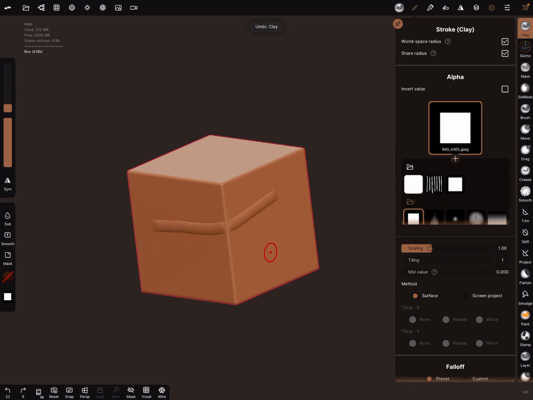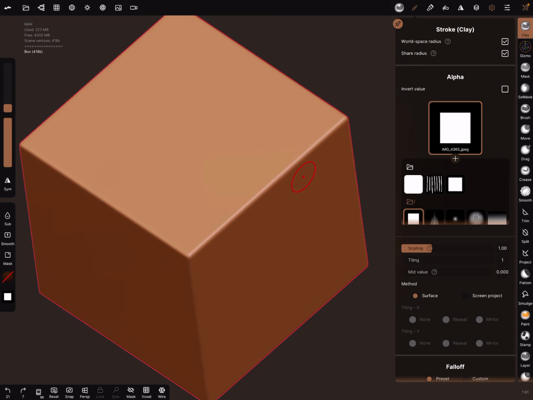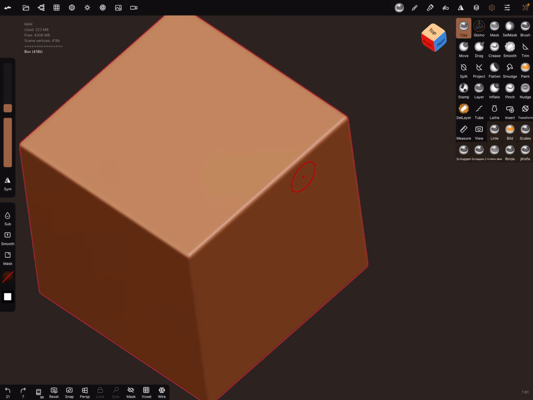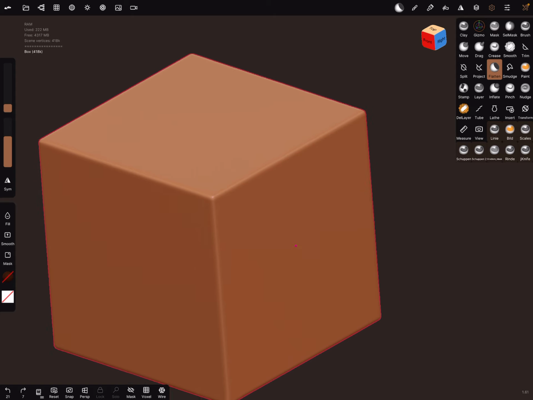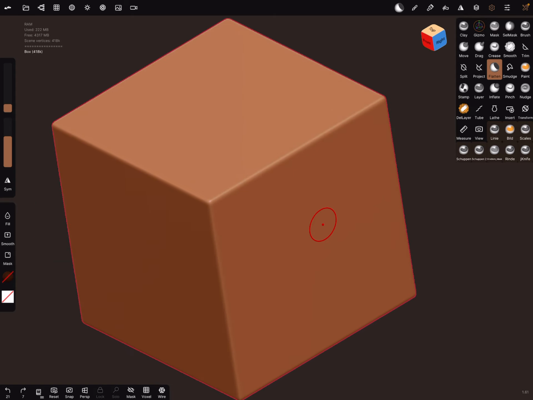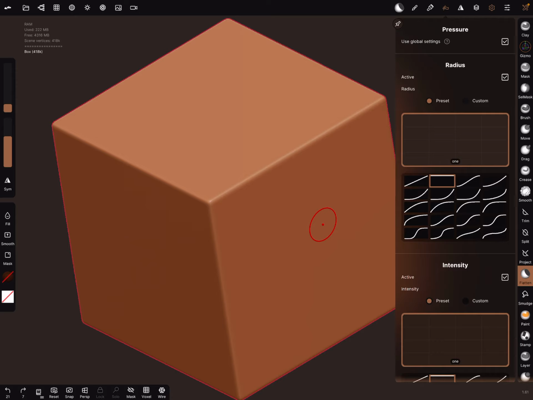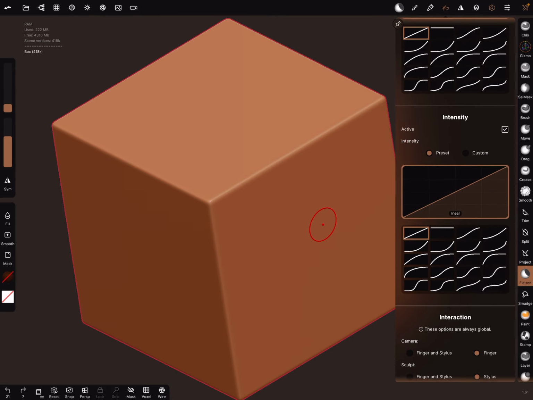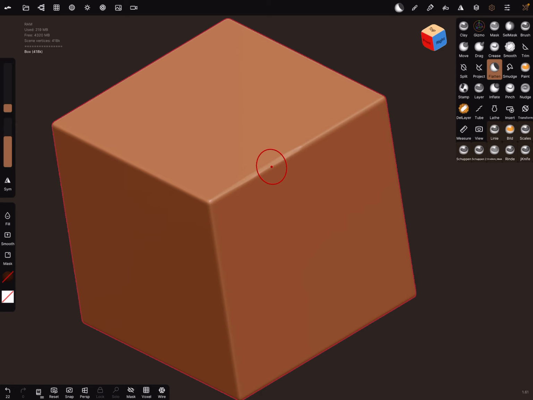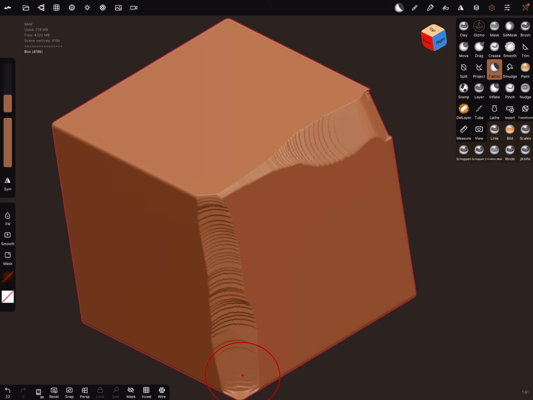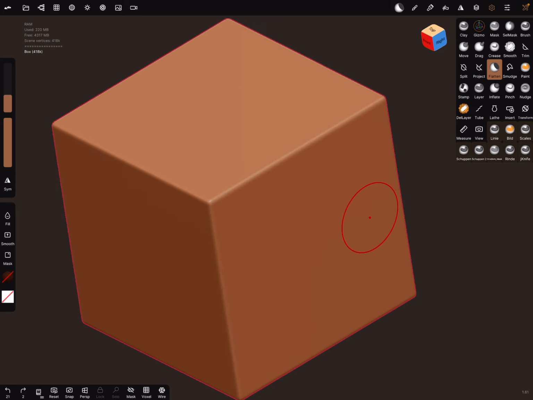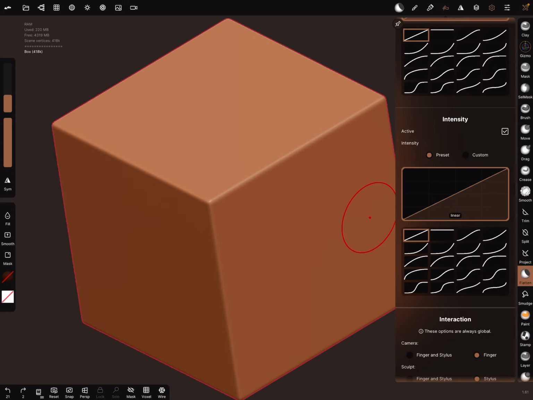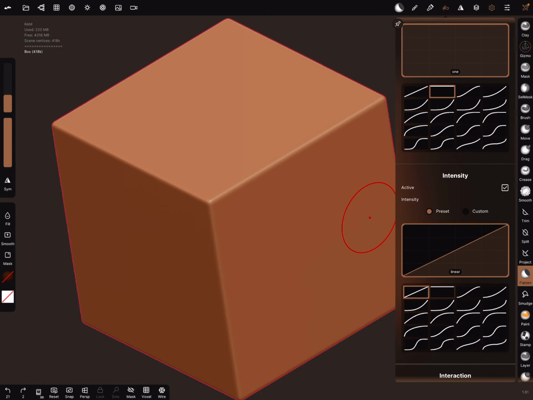Okay, this is also very useful for brushes like the flatten brush. When the default settings are to this curve, and you want to flatten something, and you press harder, you can control it. And when you change the settings to the flat one,